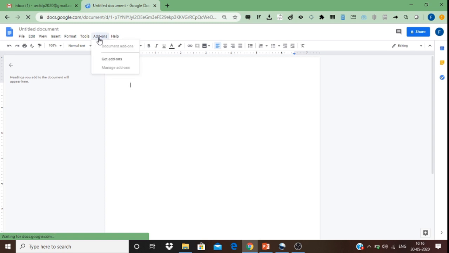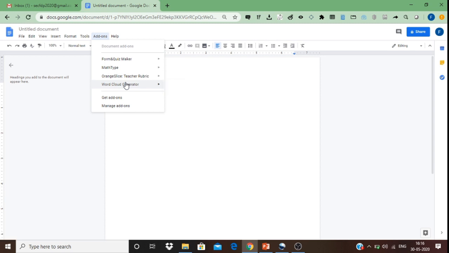We need to get the word cloud generator add-on. If you see here, you go to get add-ons and as usual install this particular add-on called word cloud generator. Now, this add-on can be used if we want to have any logos or any catchy images when designing brochures for our programs. There are two versions of this, one is classic and one is modern. We will see what a word cloud generator actually is and what it does.